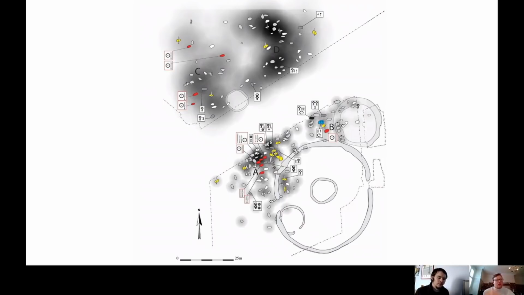So what's really interesting is you've got a whole load of weapon burials here, and those ones are highlighted in red on this illustration. If they've got multiple weapons, they're in red. If they've got single weapons, they're yellow. So you can see the yellow graves around here, with just a single spear, distributed around here. The statistics point to there being 4 classes of burials: this group here, this group here, this group here, and this group here, A, B, C, and D.